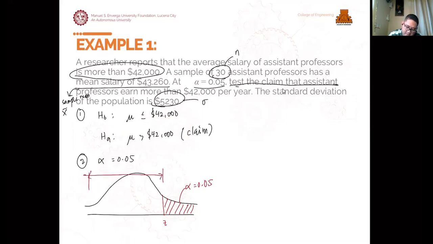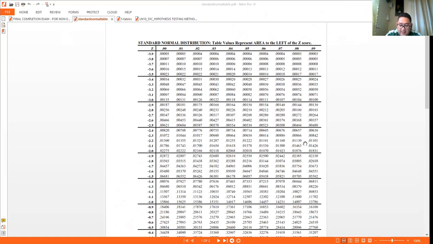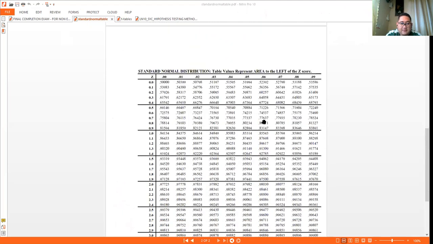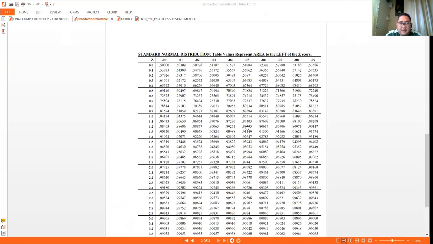Okay? Which is 0.95. So, kailangan kunin natin yan dun sa ating normal table. So, let me share yung ating Z table para i-refresh na din. Yan. We have our Z table. Then, kailangan natin is nasa right side tayo, so positive tayo. Then, kailangan natin ng value na 0.95. So, closest to 0.95 is